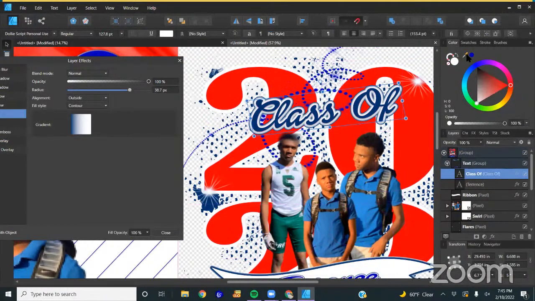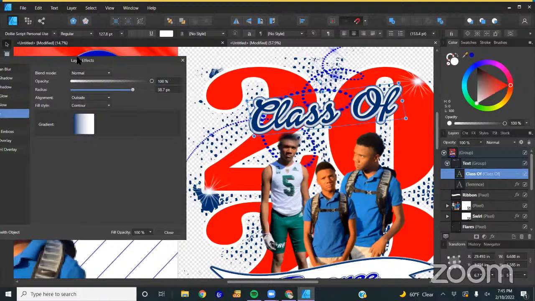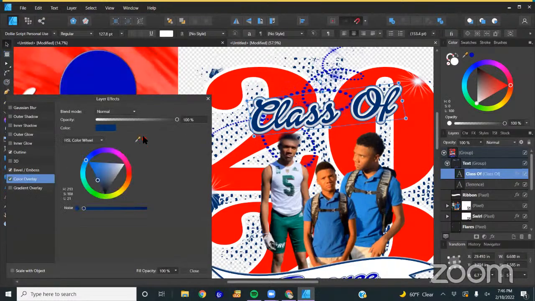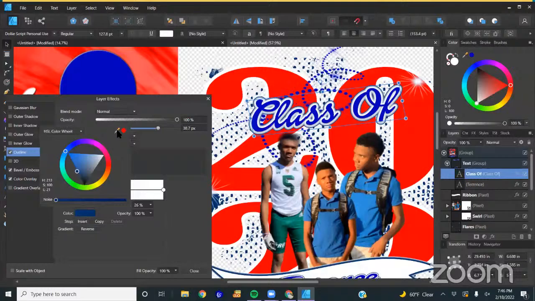Let's grab the class of, whoops, undo that, undo. So that one has an overlay. Let's go ahead on and change it. To my blue. Boom. It also has an outline with a gradient because I was being fancy. So let me change that blue. Oh yeah, apparently I'm too slow because my design is all done.